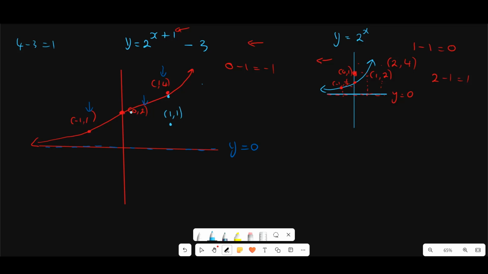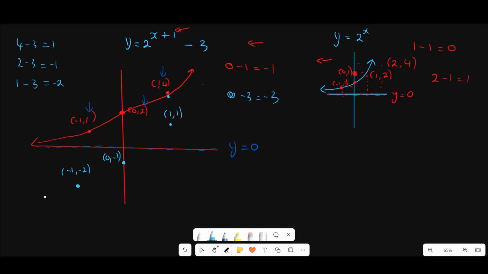Then here the x value will not be affected, so we will still have 0. Then our y will be 2 minus 3, which is negative 1. So meaning my function will be there, right, at 0 and negative 1. Then here again at negative 1 I have 1 minus 3, which is negative 2. So meaning at negative 1 I will have negative 2, right? And hence at y equal to 0, therefore 0 minus 3 is negative 3. So meaning